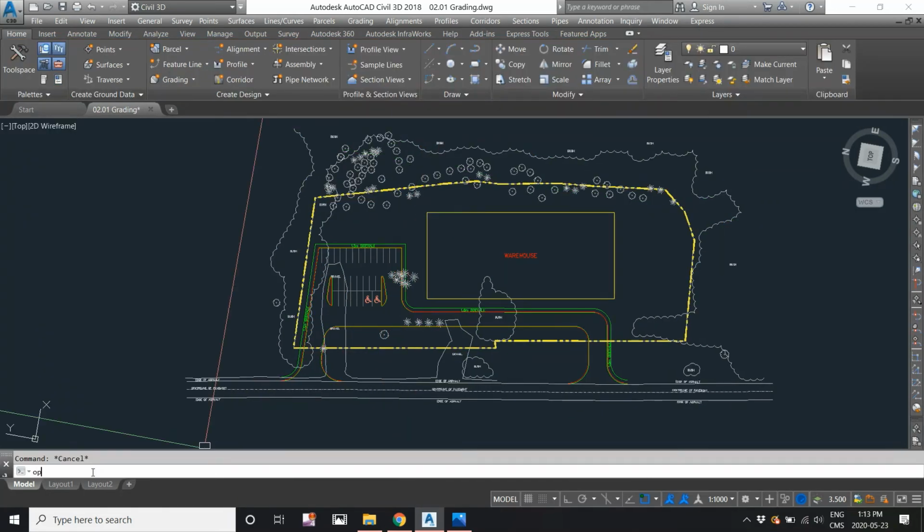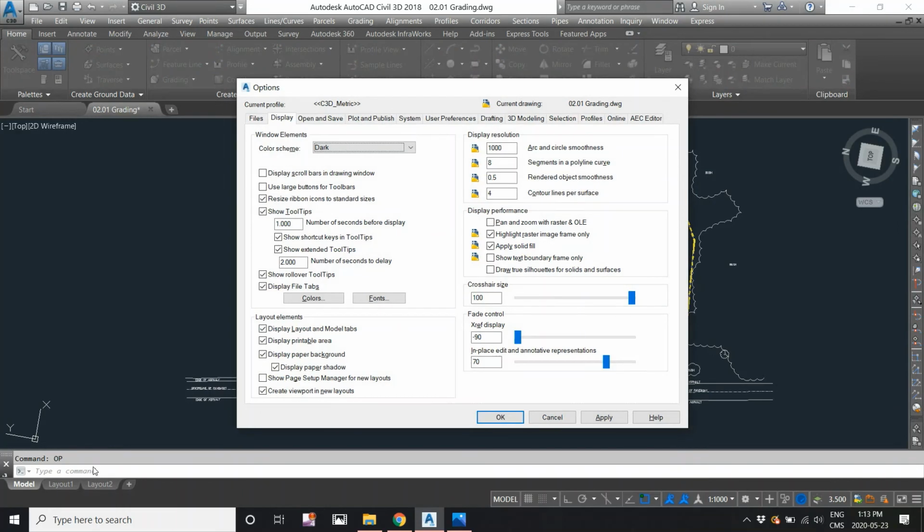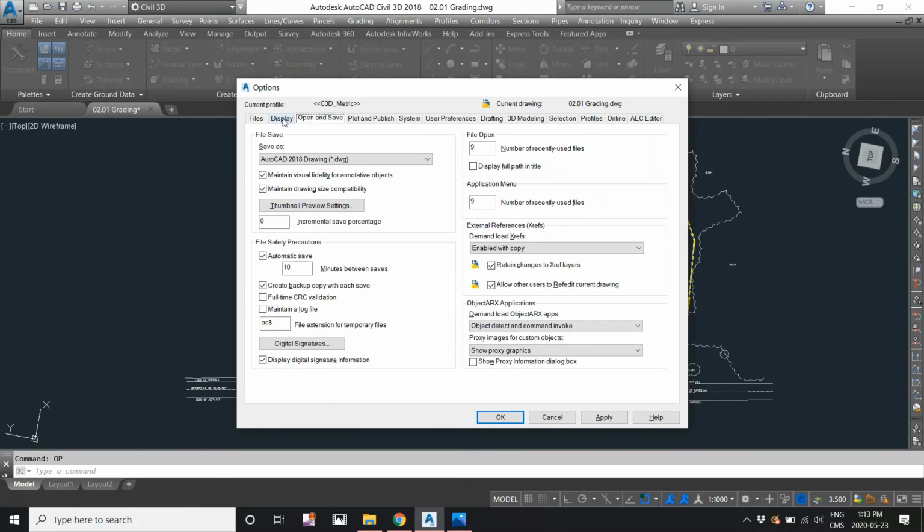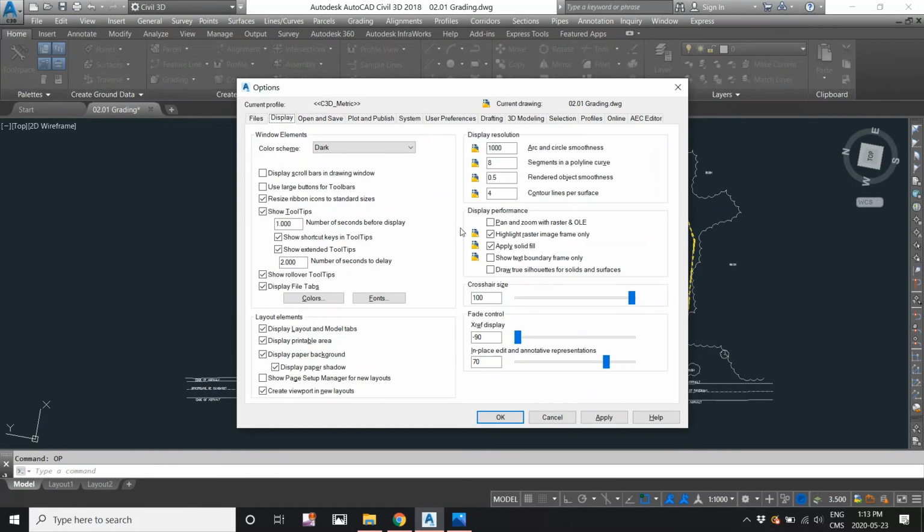At the command line, type OP. This is the options command, and here you can see we have all these different tabs. I want you to click on the display tab, and under fade control, adjust your XREF display. Usually I prefer to have it around 20. So by clicking OK,